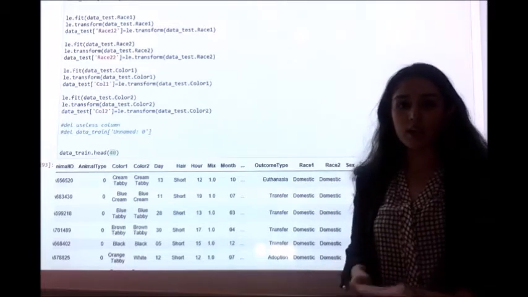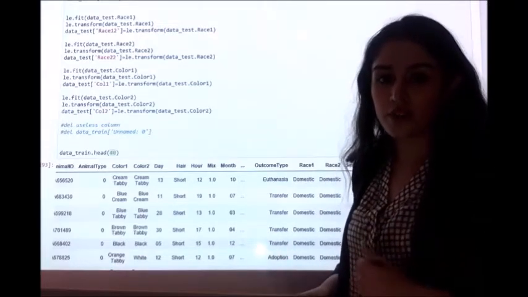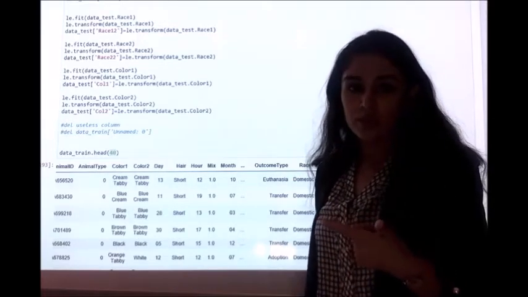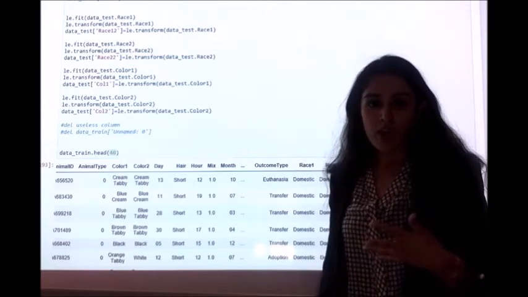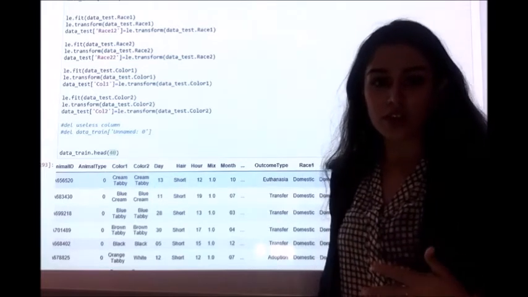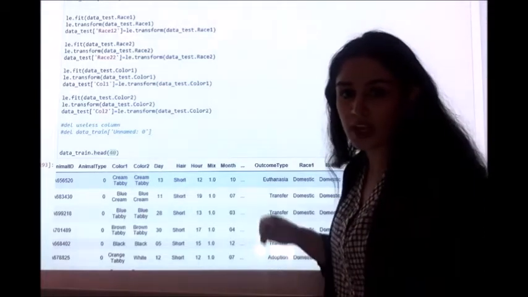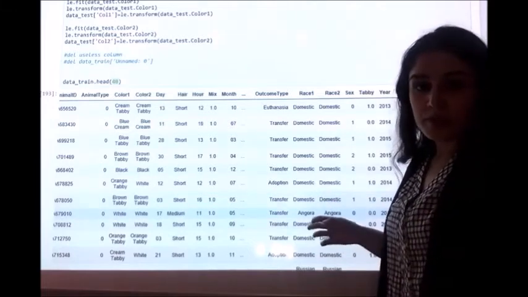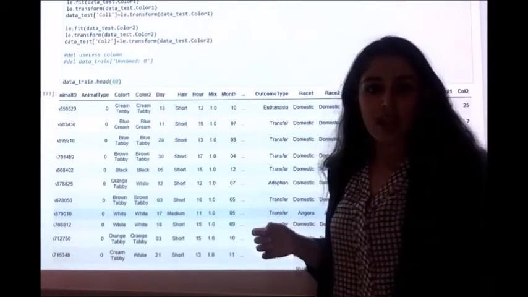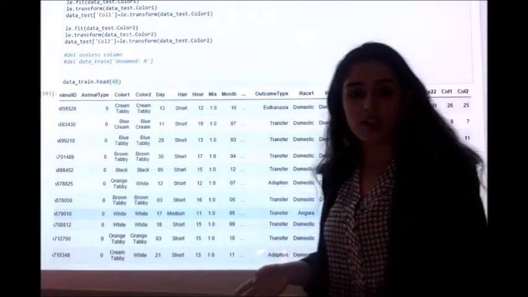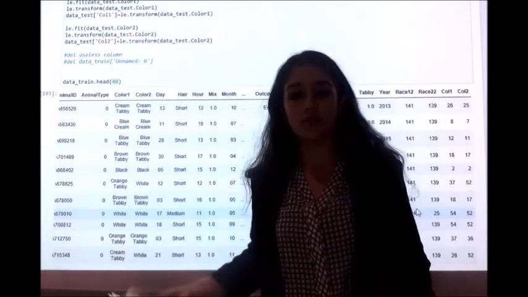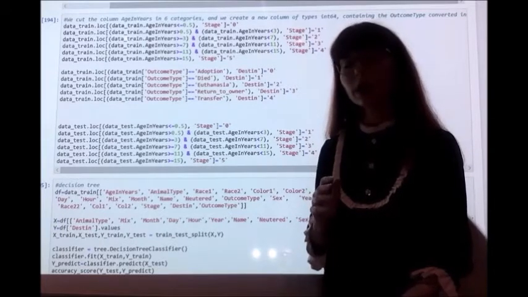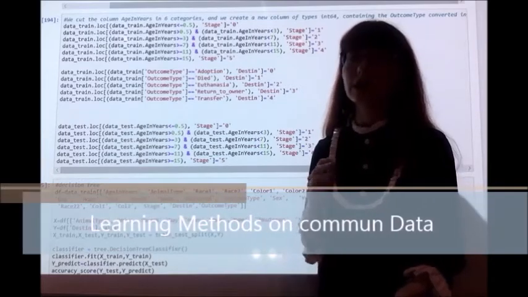We are going to create 4 new columns based on 4 existing columns concerning race 1 and 2 and color 1 and 2. These columns are strings. The new columns are going to associate each string to an integer. For instance, Angora is going to be 24, etc. This step is necessary because many learning methods only accept numerical input. Since we only have the columns hair and tabby for the cat, we are not going to take them into consideration when constructing our models.